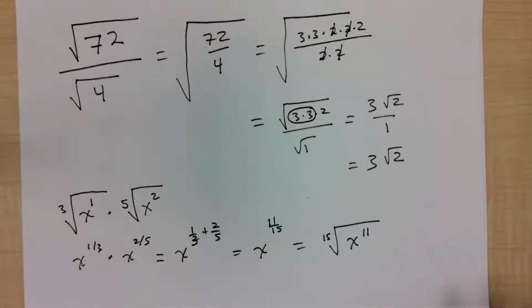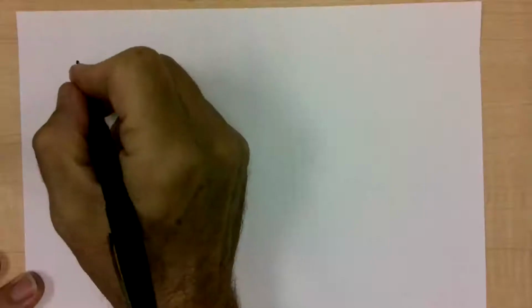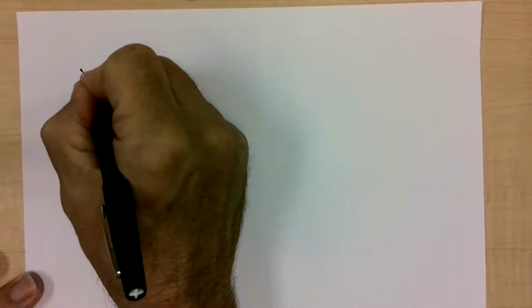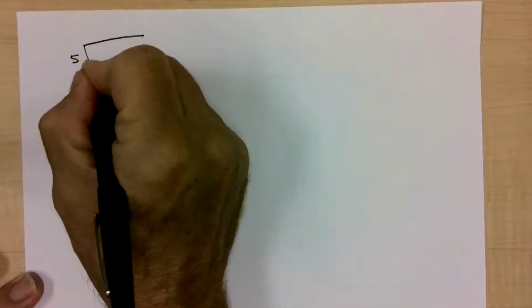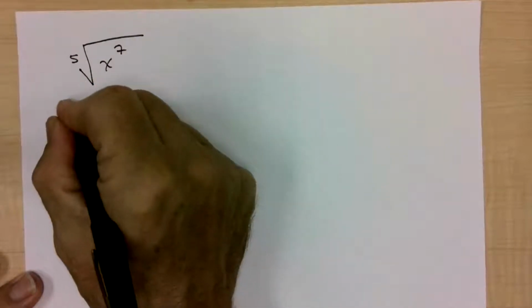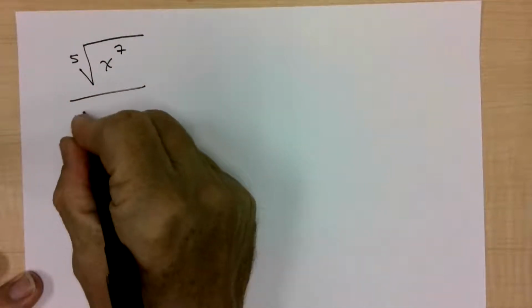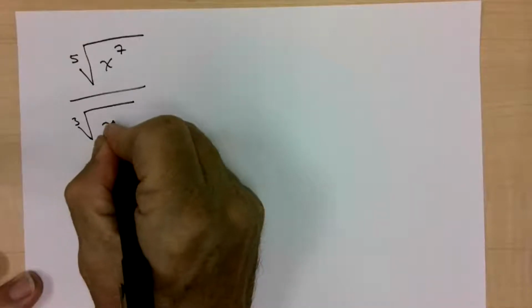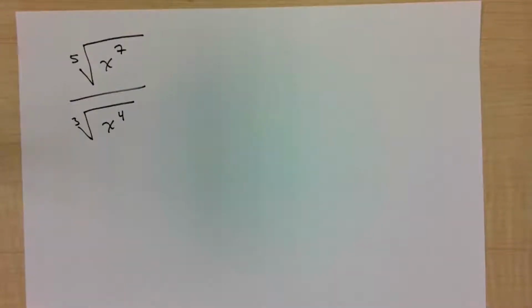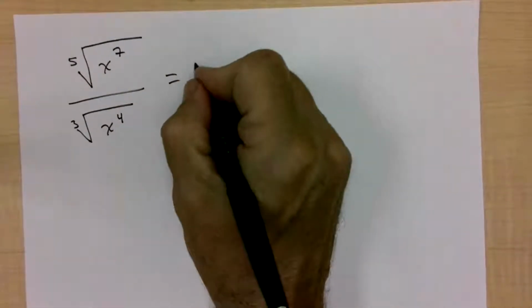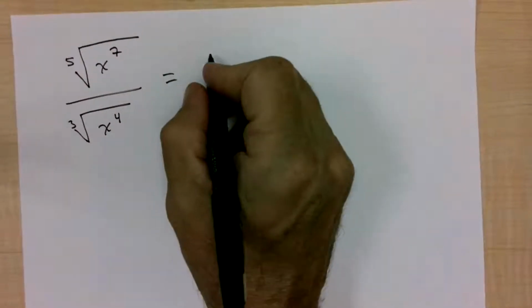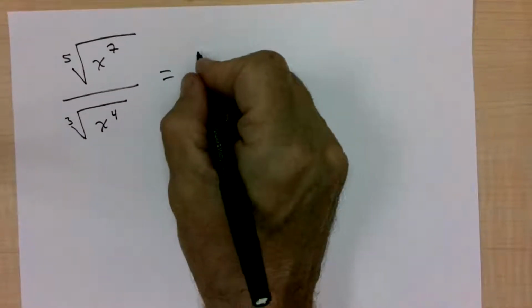Let me go ahead and do one of those with division, so that if I have the 5th root of x to the 7th divided by the cube root of x to the 4th, I would probably simply do it this way. Now you could simplify this, but I'm going to make it x to the 7/5